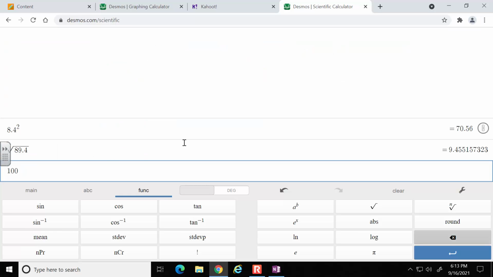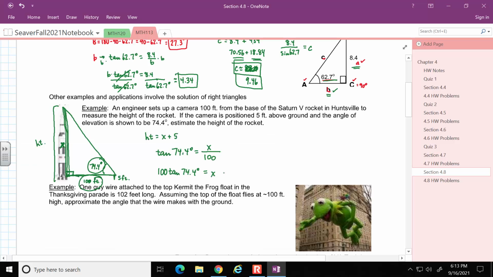So 100 times tangent 74.4 degrees, and I get 358.16. Okay, so that's the height of x, but the height of my rocket